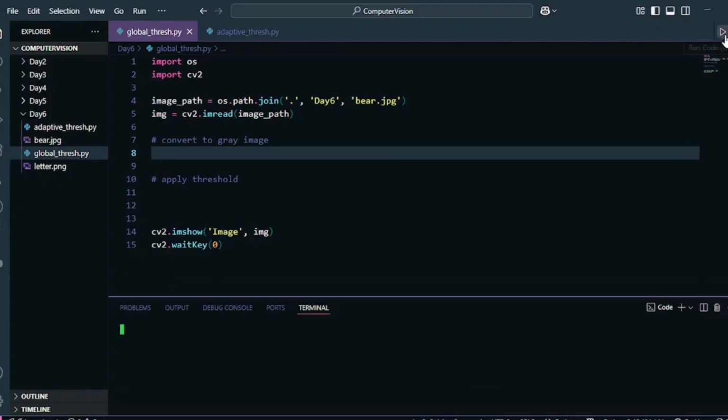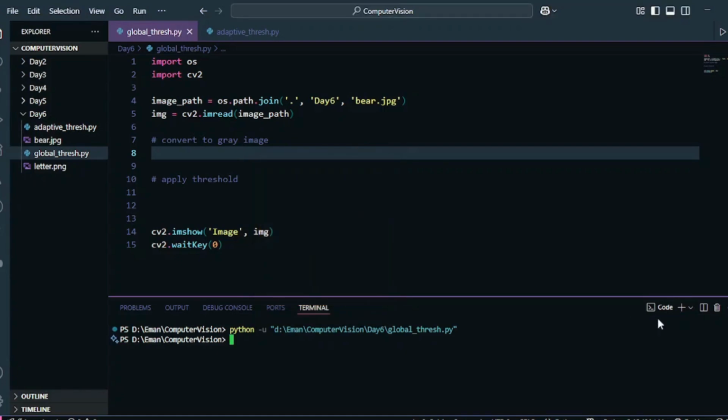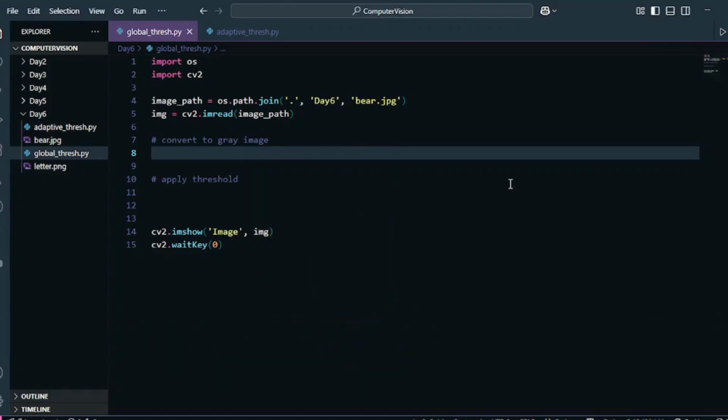First, I'm going to show you what image we are going to deal with. We're going to deal with this tiny beer image, and the beer is in the center. That's the center object that we have, and we just have a background, and that's all that there is in the image. To apply thresholding on any image, whether it's global thresholding or adaptive thresholding, we have to convert our image into a grayscale image first. So that is what we're going to do today.